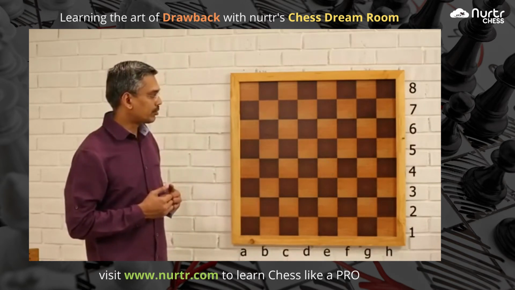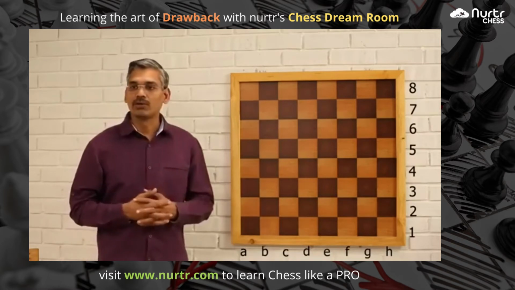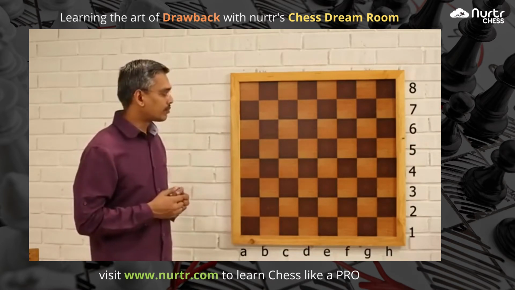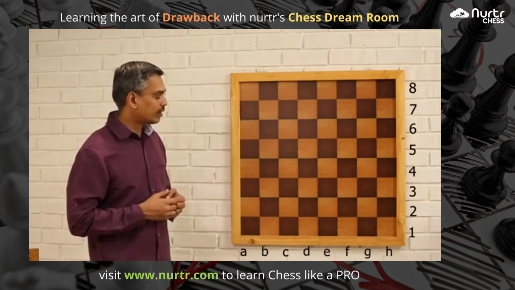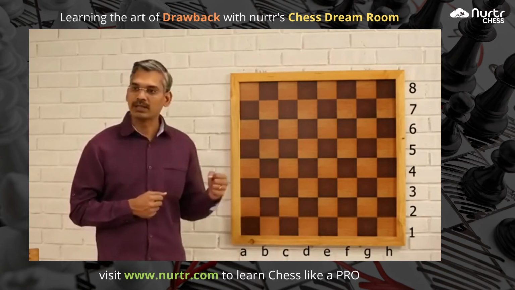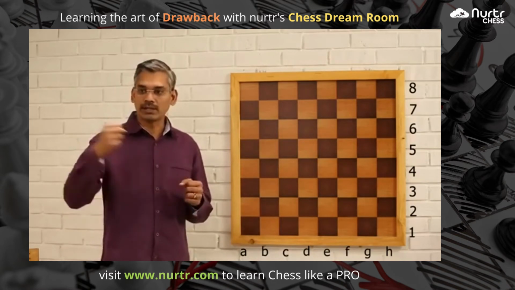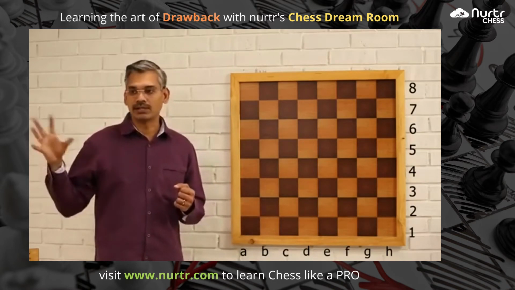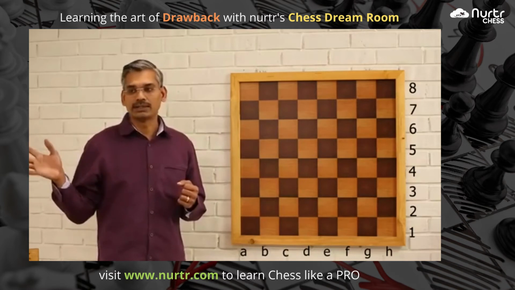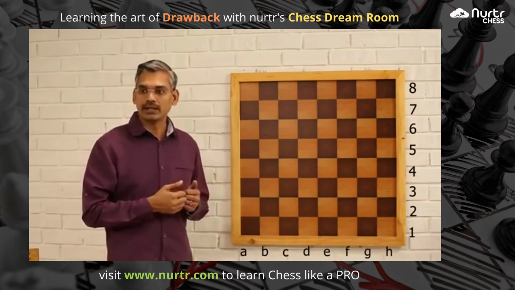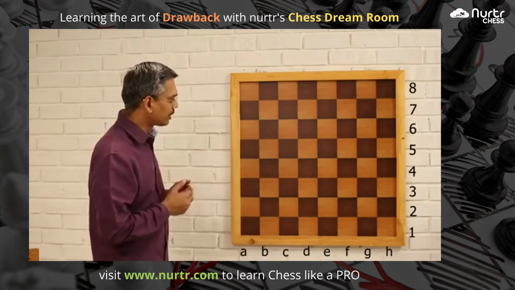Now let me show an example of how the drawback of a piece move can be identified. Now whenever there is a piece in one particular square, it is doing some job. Okay, but it moves to a different square, then from the new square it is doing some other job, but it is ignoring the job which it was doing earlier. Okay, now how to explain this?